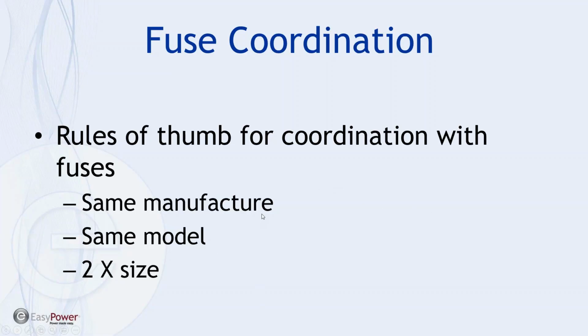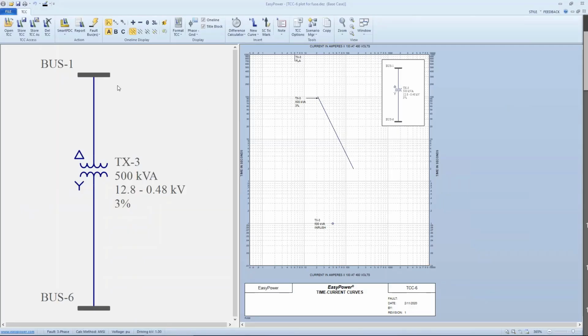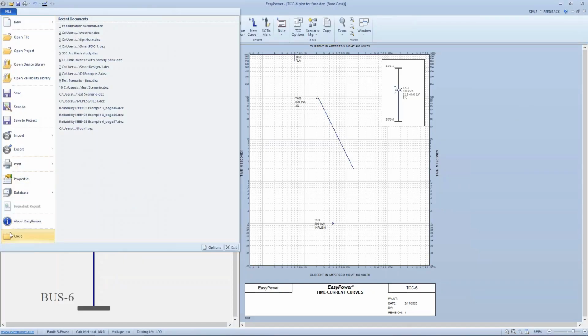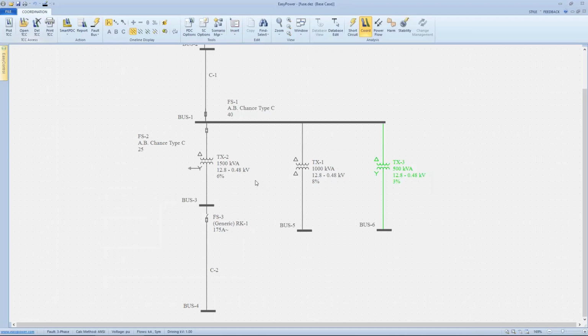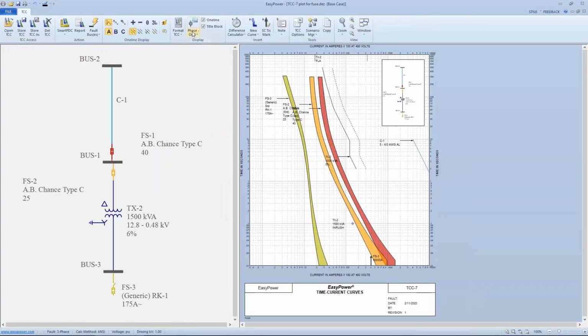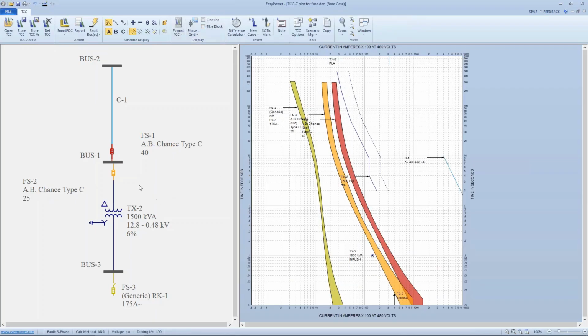Outside of these recommendations, the chances are pretty slim unless you're right on top of the damage curves, the TCC constraints. There's a pretty slim chance that you will get coordination. Let me go back to my one-line diagram, and we will see if I can't illustrate this. So what I have set up here are two curves, two fuses on the primary side of this 1500 kVA transformer. And as we look at it, I'm showing FS2, which is this one right here, FS3, which is right here, and I've basically said, okay, well, what happens if, so this is FS3, which is on the secondary side,